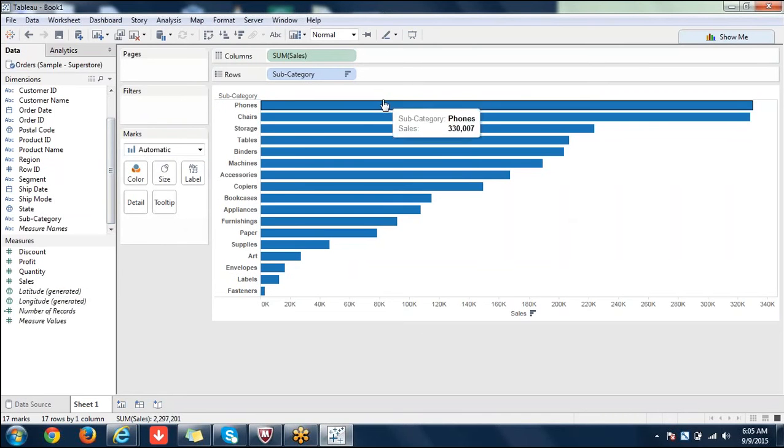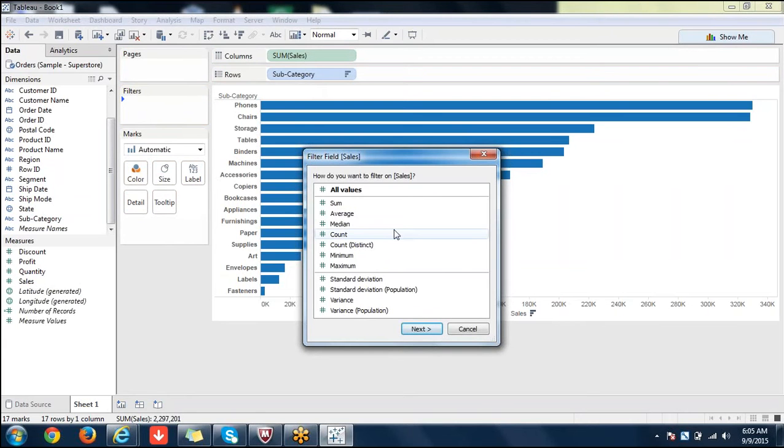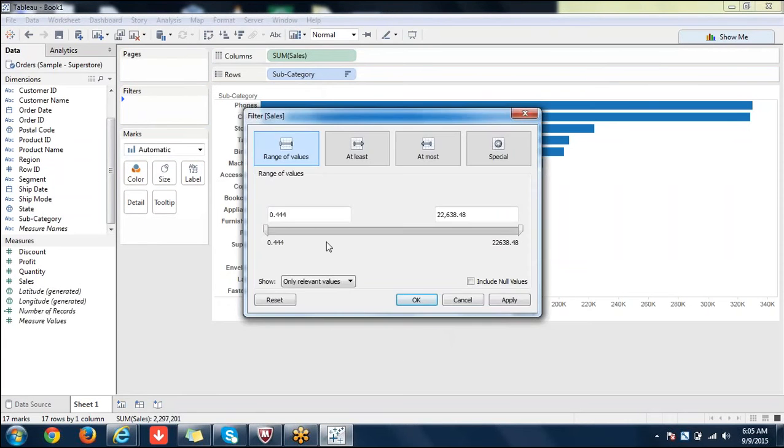Yesterday we saw how to pull a dimension and write conditional filters and such things. That is on dimensions. For example, what happens if you pull a measure? You'll see a filter like this. If you click next, you'll see the range of values by default initially, and if you want to see a minimum of some 10,000, 5,000, such things, you can give the value here, or you can scroll it. The value keeps changing. So this is like a minimum, and at most is like maximum.